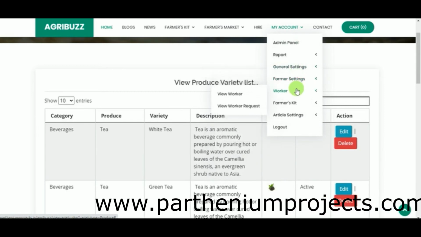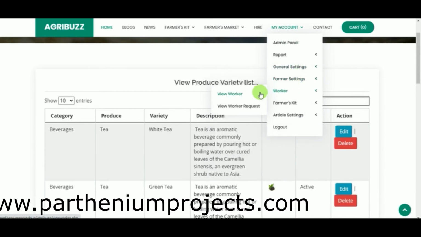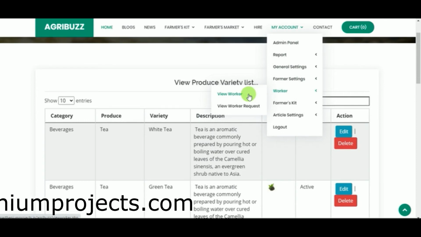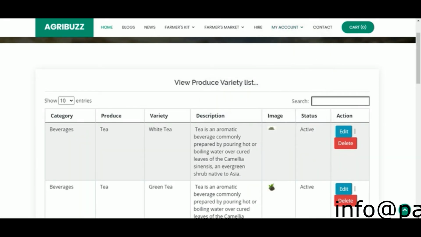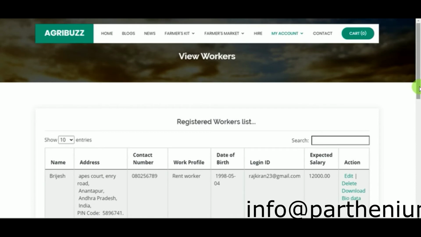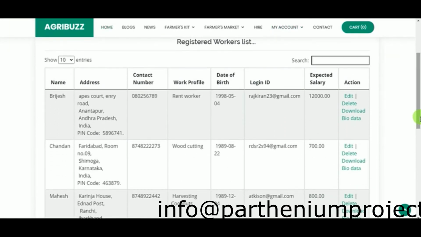Next one is worker. Here you can add a worker or view worker requests. So first I have clicked view worker. These are the few registered worker list.